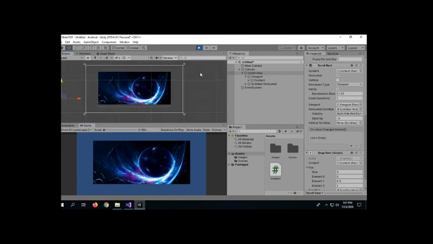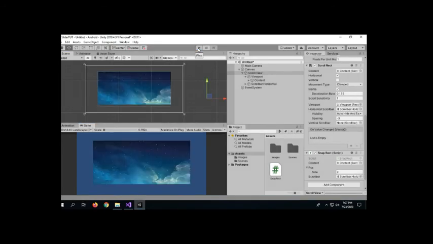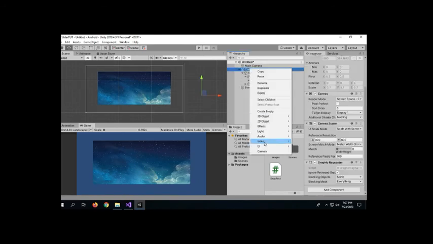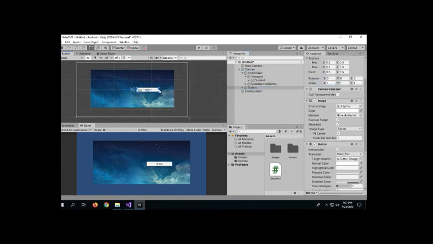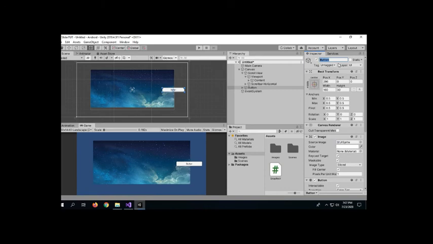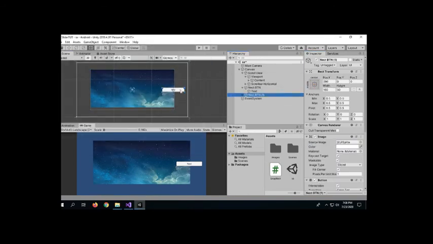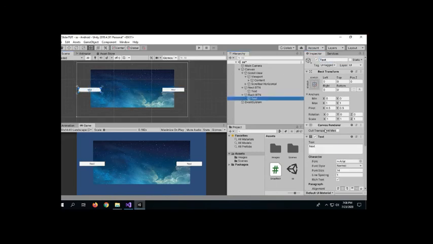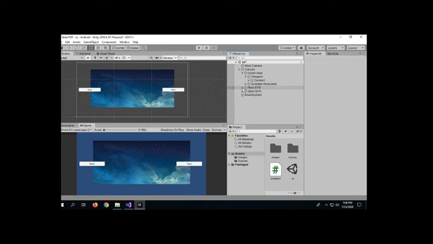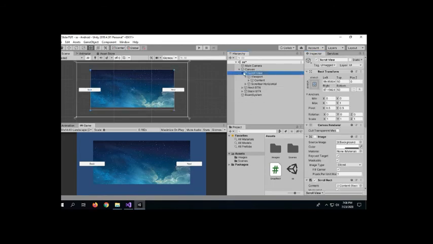Now we need to add buttons to control the images. So first we need to create a button and let's set it here, and let me call this button next button. Change the text to next. And let's duplicate this button, call it back button, and let's change the text to back. Okay. Now let's jump into the script